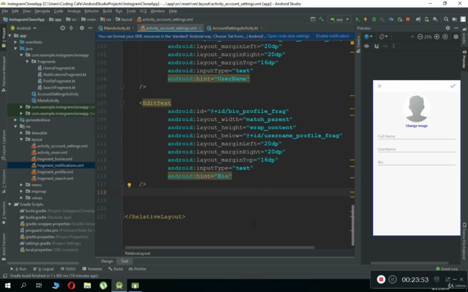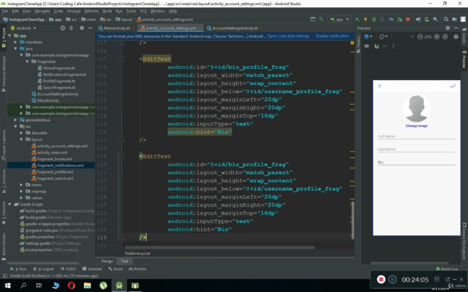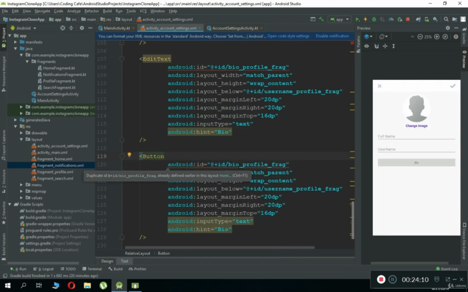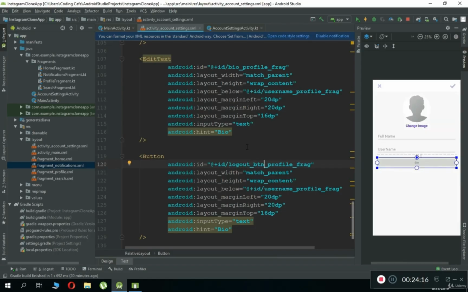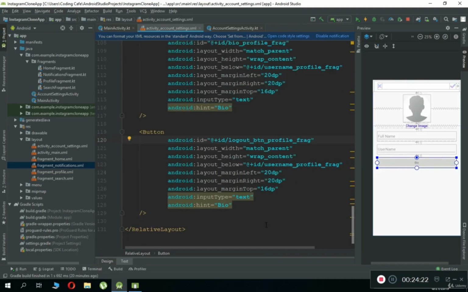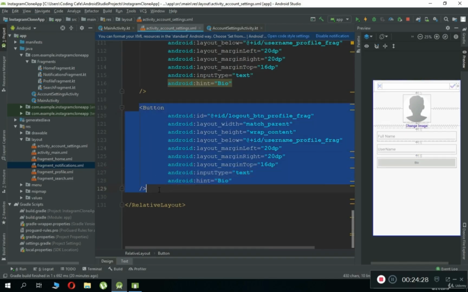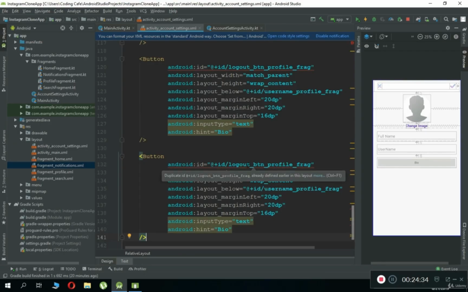So anyways, now the third one is the logout button, and we need a create account button. Now for that, what I'm going to do is just copy paste this edit text and paste it here, and make sure to change this edit text to button. And now we can say logout underscore btn profile fake, and we need to move it down below, but before that, we need another button, which is for delete account, or you can say deactivate account. So just copy paste this, and we can say